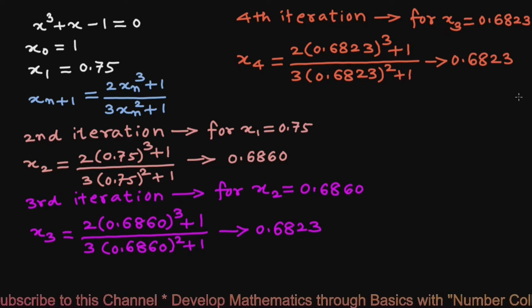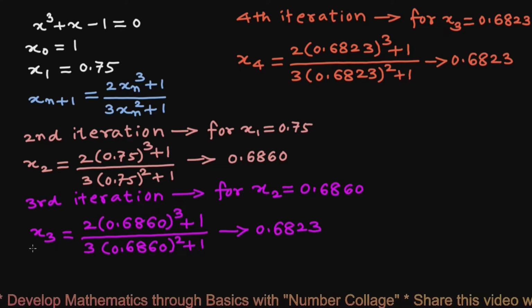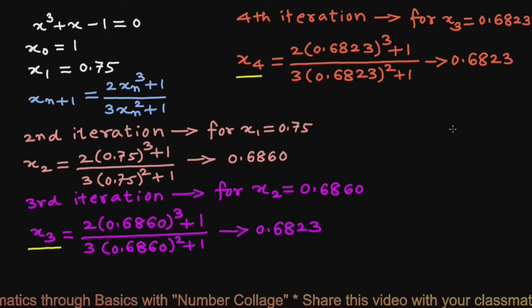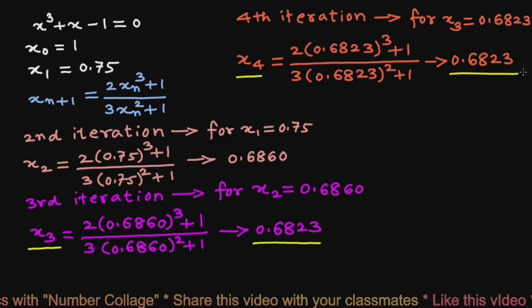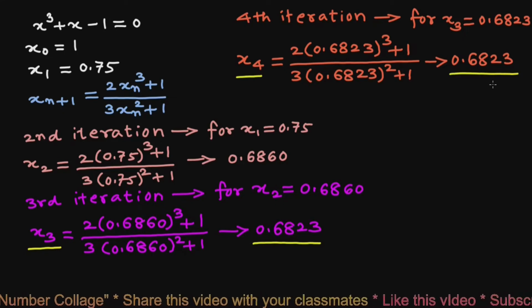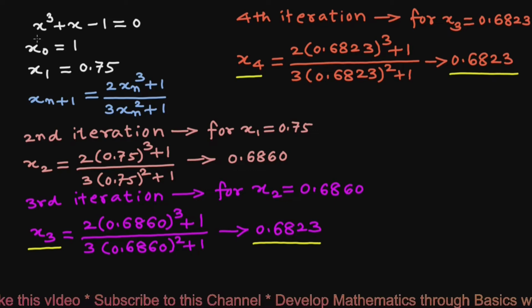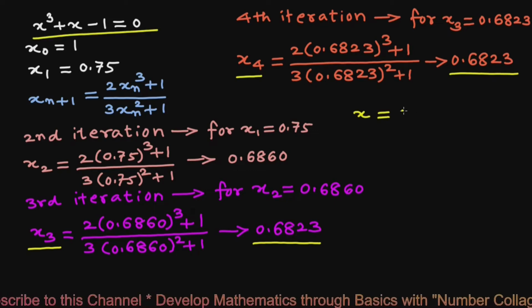Once again on calculator, we observe that the third approximate root x3 and the fourth approximate root x4 are the same, 0.6823. So after 4 iterations we get the root of this equation x equals